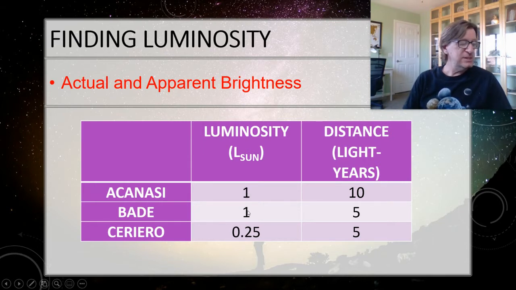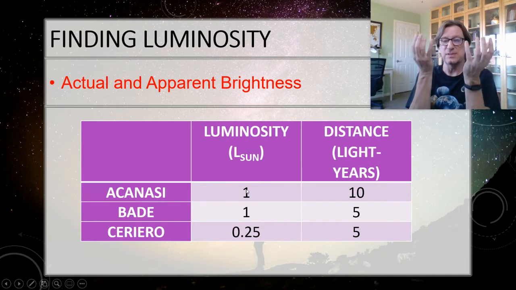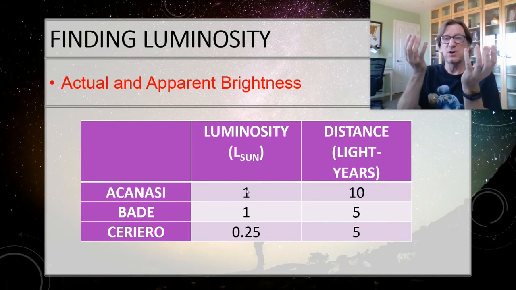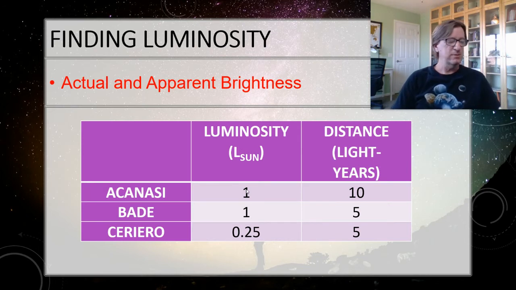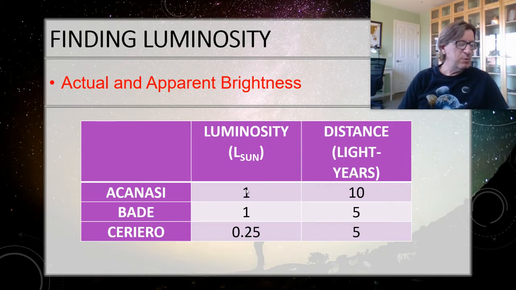All right. Which star seems brighter from Earth? Star A, star B, or neither? Pause the video and think about that. Okay, so we know that in reality, they're the same brightness. However, star A is 10 light years away, whereas star B is only 5 light years away. Which one's going to seem brighter? Since star B is closer, it's going to seem brighter just because it's closer. Does that make sense?